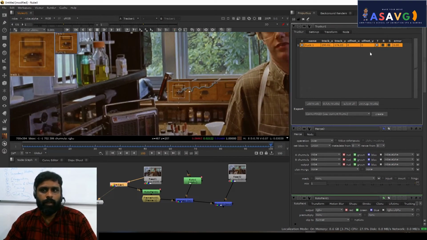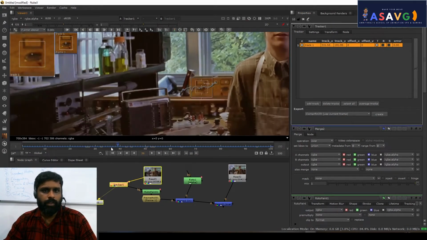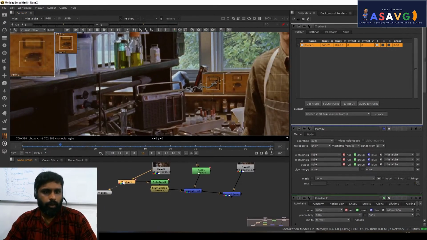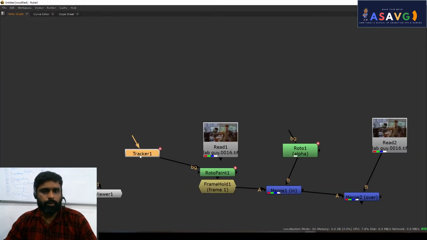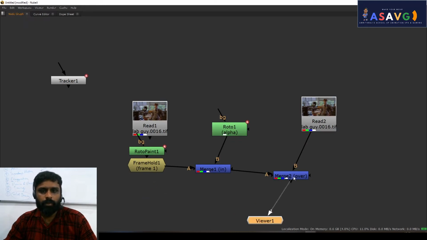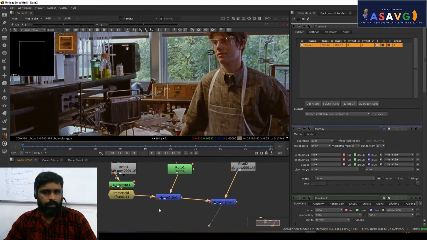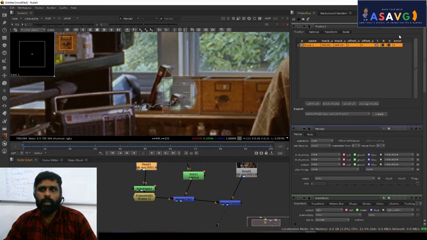Okay, I have not done rotation as well as scale, so it is a smooth track even though we didn't add something. Not that much rotation or scale is there. Okay, now I remove this one. I only want the information. Which information? That is the tracking information. So I will select it, go to the merge node, and we will see this information by clicking this one. Okay, and I close this one.